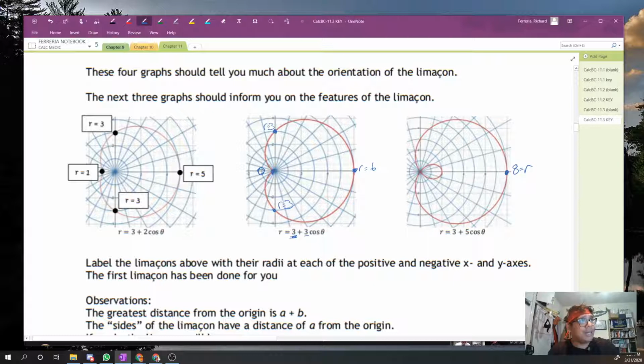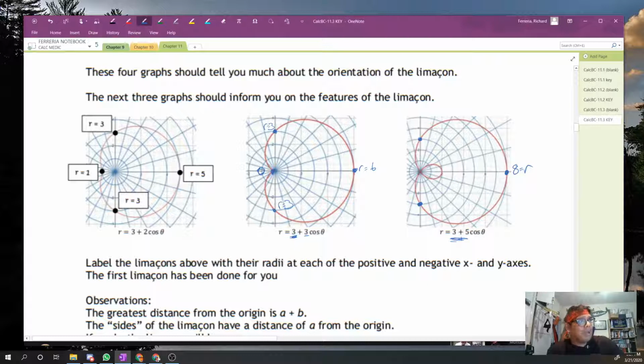The side lengths, that's just 3. The value of B doesn't matter here. And as an aside, why doesn't B matter? Well, because at those angles, straight up and straight down, cosine is equal to 0. So if you're looking at this, that's 3 plus 5 times 0. Well, what is 3 plus 5 times 0? Well, that's just 3. So when cosine is equal to 0, the value of the radius of the curve is